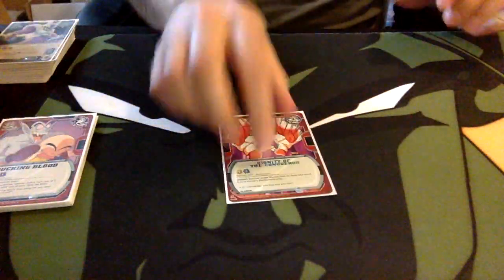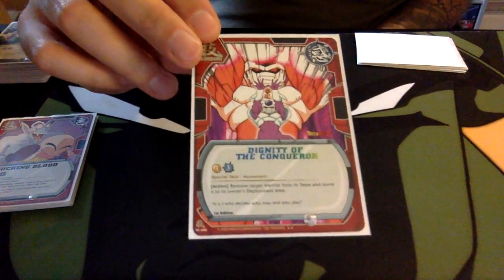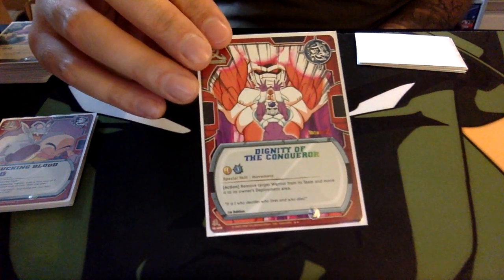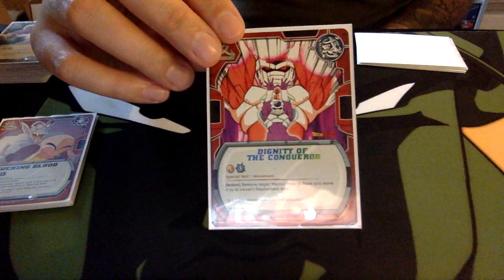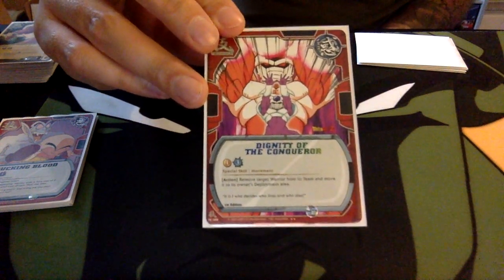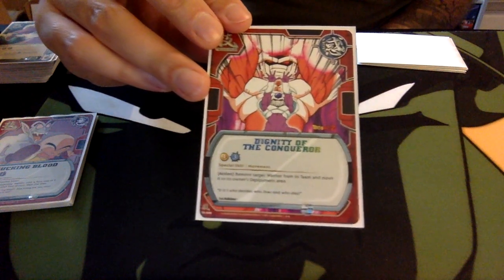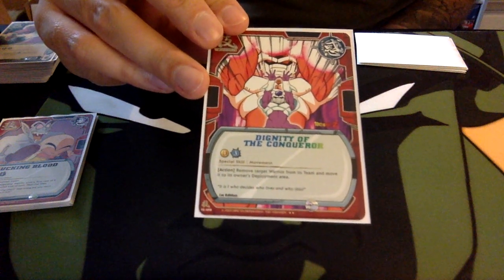And of course, being Set 4, we have to run the one copy of DOTC. We still, obviously, very much obey the final rulings of Bandai, where they say Dignity of the Conqueror is limited to 1 per deck, so we absolutely obey that. And I had a really cool interaction with this card. 9 times out of 10 you would use it to move one of your opponent's warriors out of their team and put it back on the